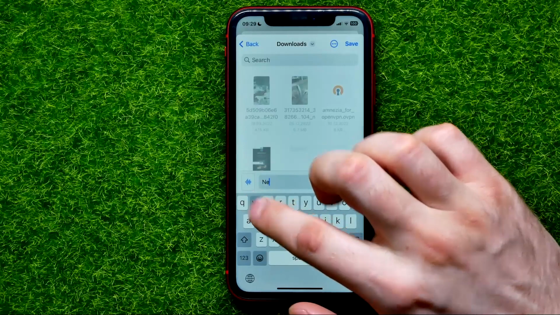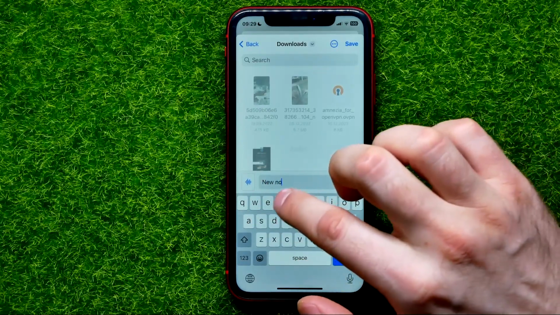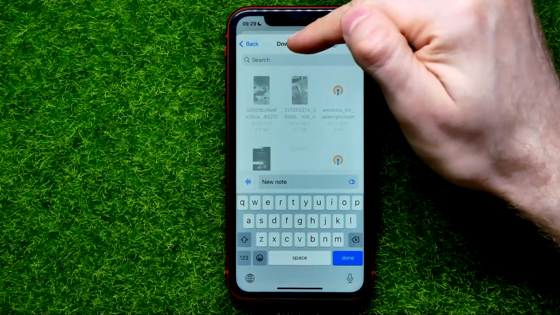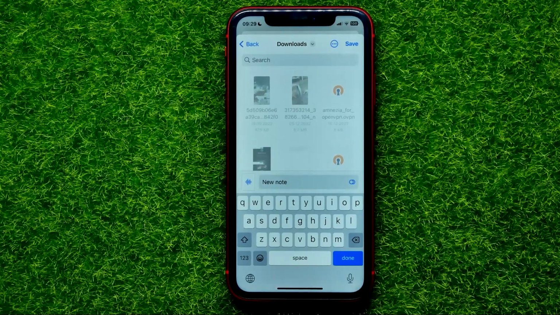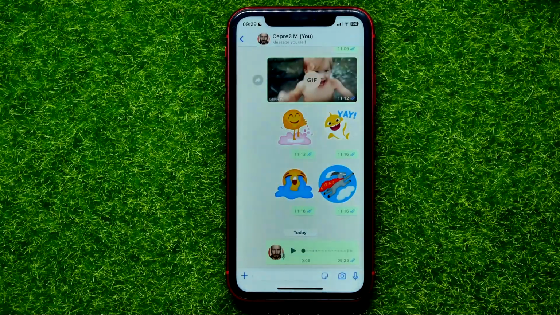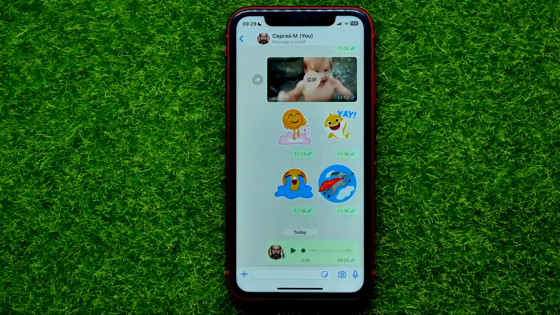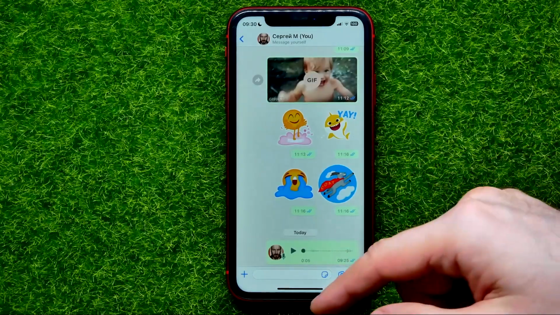I'm just gonna enter new note. And also you are able to select the exact folder. I'm just gonna save it to downloads. So now I can just hit save to save this audio to my device, and then you can hop